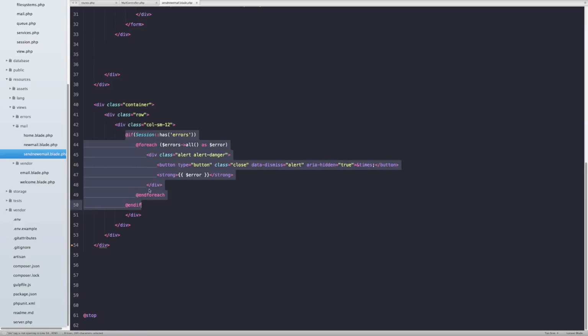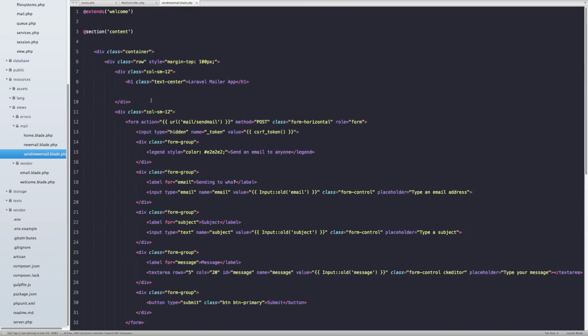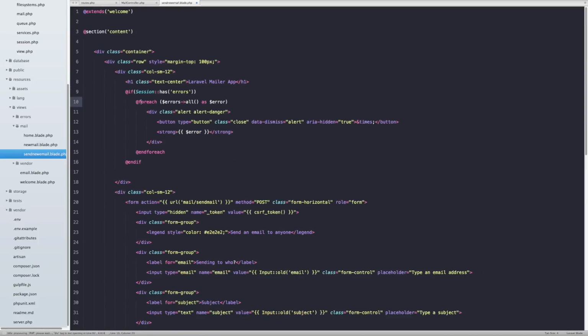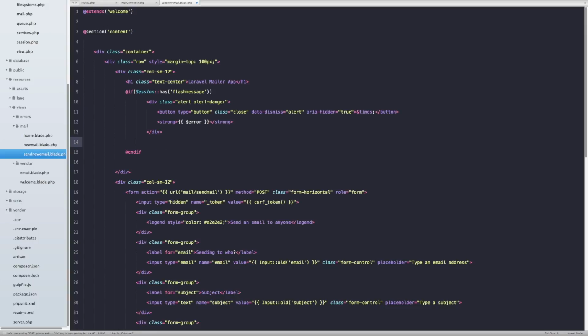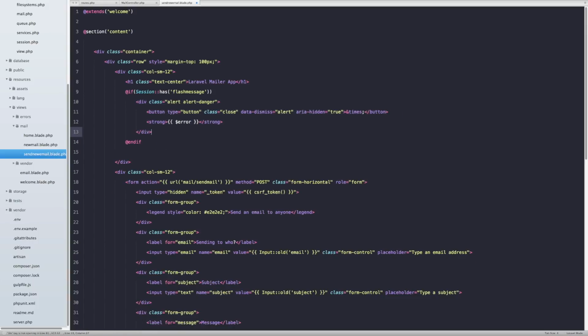We're just going to copy this and put it on top of the form, like let's say here, and we're going to say, if the session has flash message, then we're going to get rid of this and this, and let's just change the color to green. So we're going to say alert success, and we're going to say here